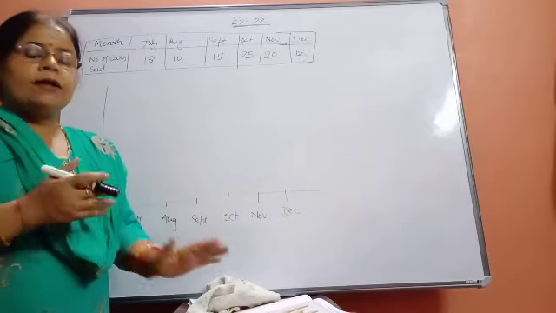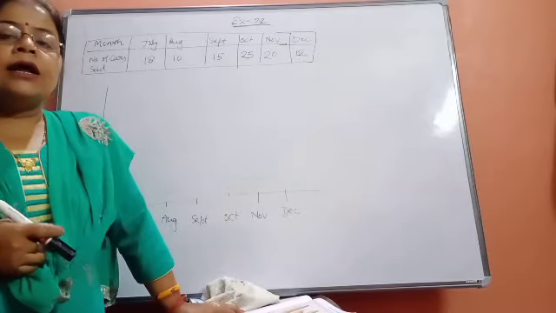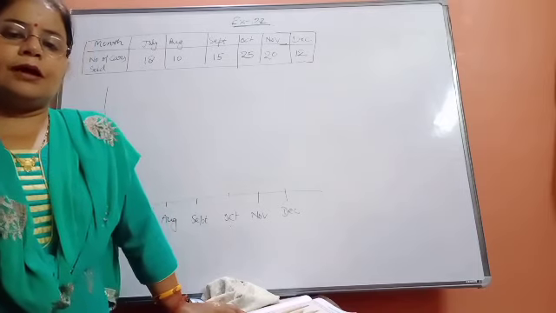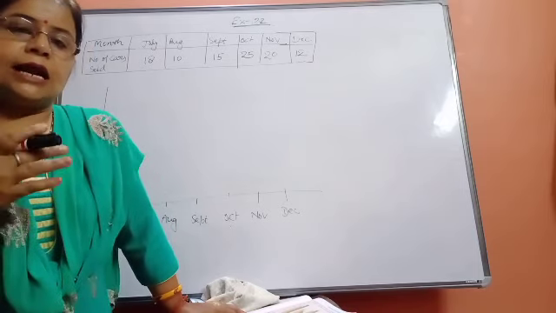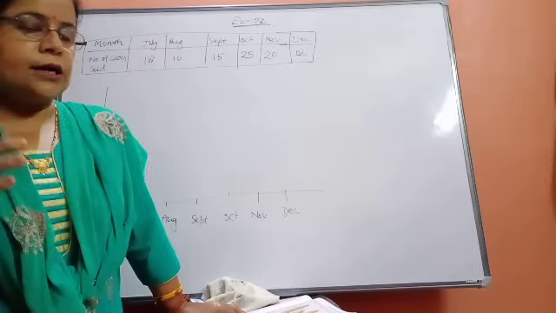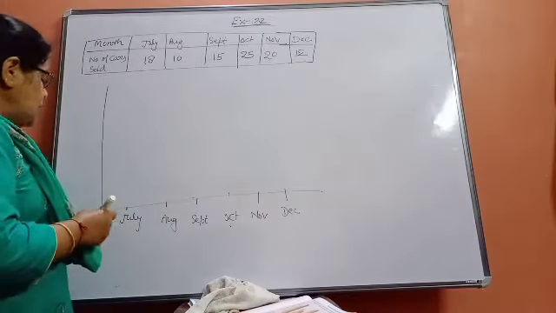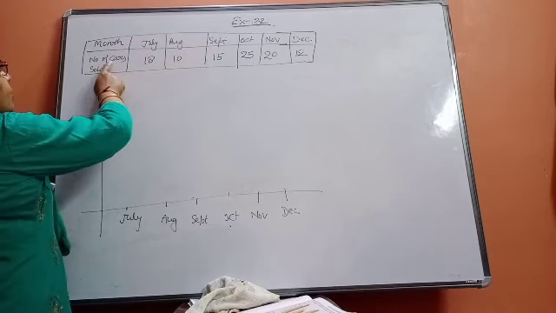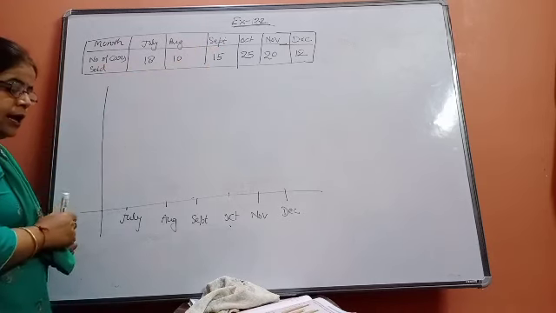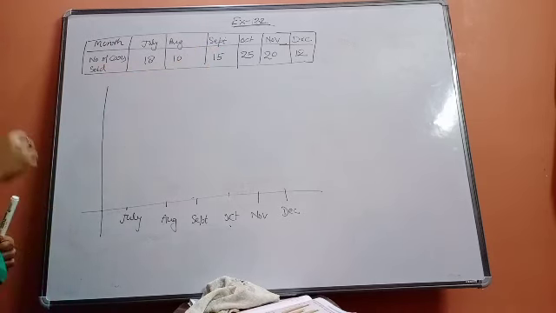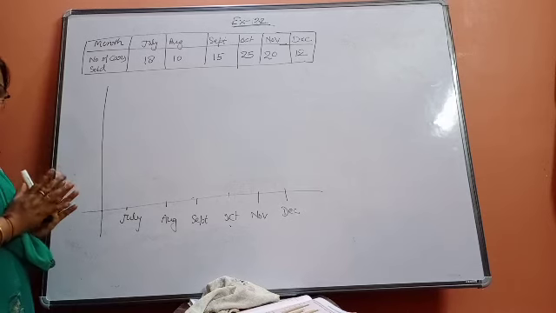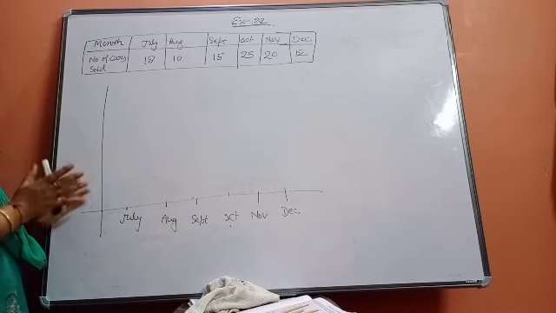In a histogram, we represent connecting rectangles because the data is continuous, so grouped intervals are given, like 10 to 20, then 20 to 30, 30 to 40. Now here we have to represent the months and the number of cars sold by a particular car company. You have to draw the graph for it. You should draw it in a graph copy, so it will be easy for you to draw the graph.